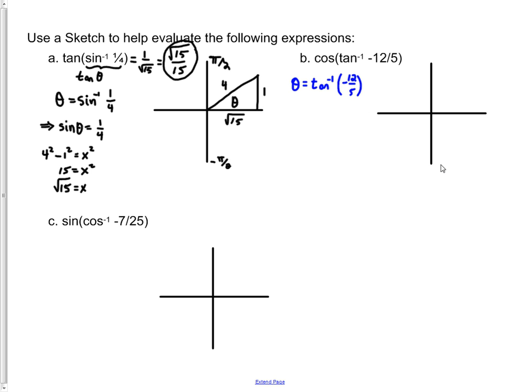The angle theta can only go in the fourth or the first quadrants, just like sine, because we're limited to angles from negative pi over 2 to positive pi over 2, not including those endpoints. And because we've got a negative value, the tangent of that angle theta